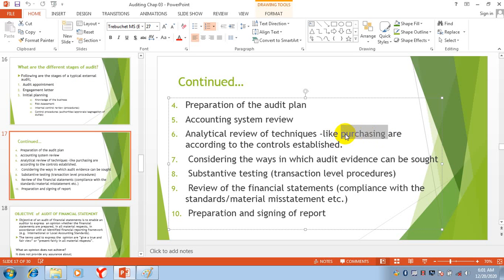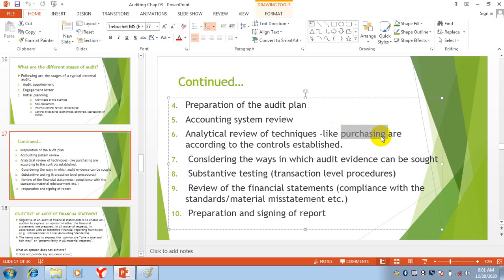What will we do for approving the purchase of the building? Then after that, they will make a decision about the purchase. So the auditor will check whether these standards are followed or not.